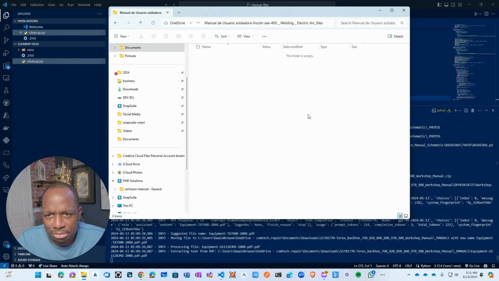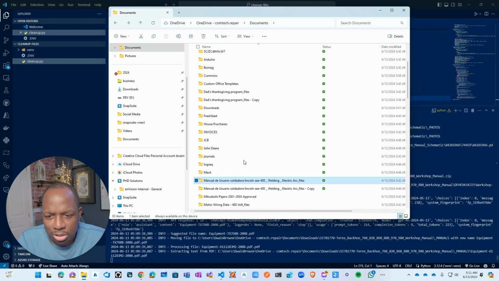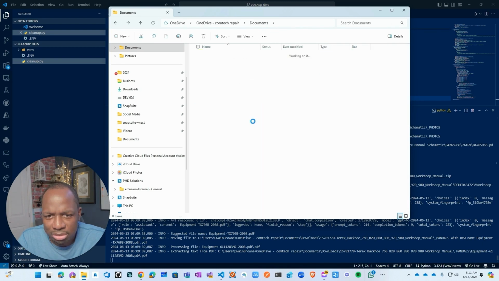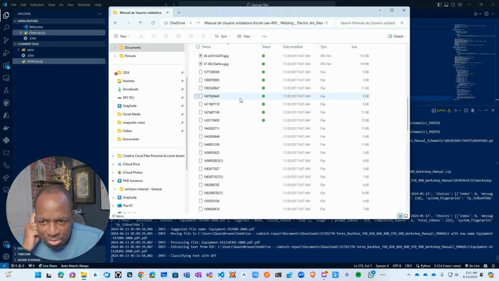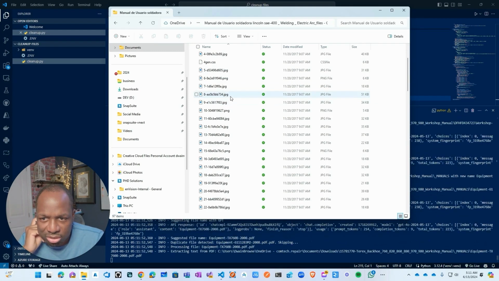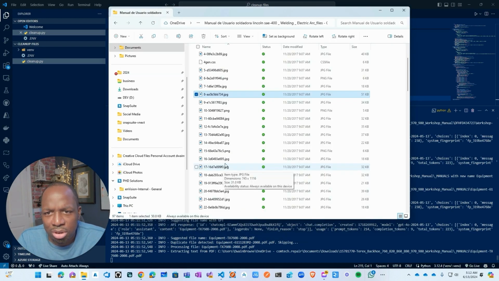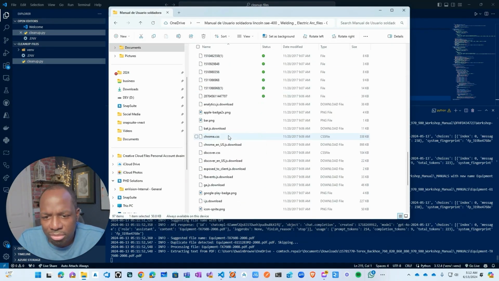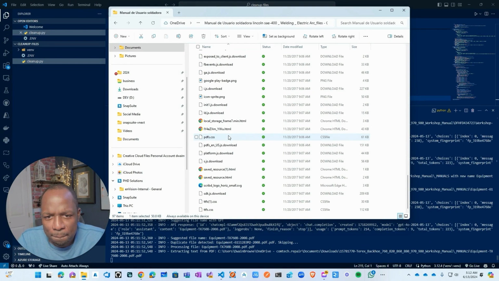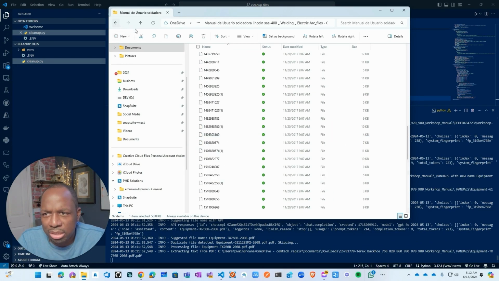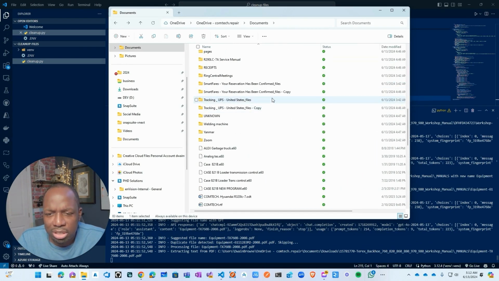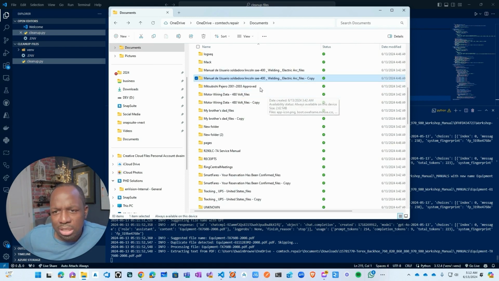Now here's an interesting one. We have this as a copy. It has a bunch of images. What's it going to do with these images? This will be interesting. See what it does with a file like this. Actually, I take that back. Maybe we don't want to delete the zip files because I think the zip files